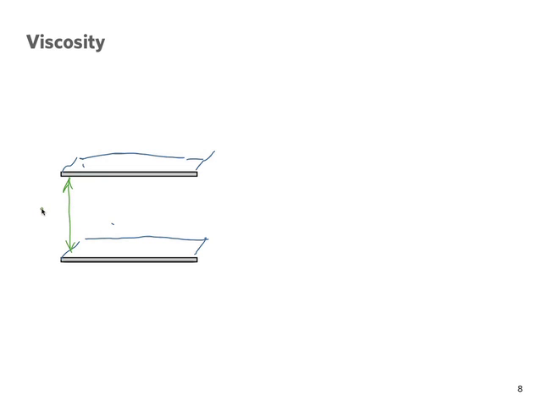Well, no, I think I've called it y here. So, based on observation, Newton observed the following: that the force, if I pull this plate at the top with a velocity capital U, and this one here is stationary,